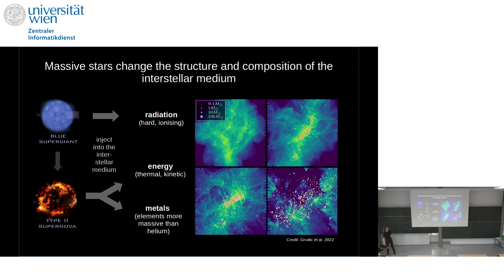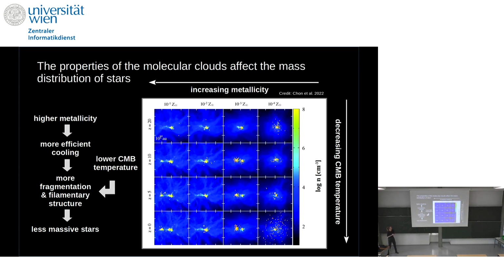So the interesting point is, if massive stars and supernovae play such a crucial role, how many of these massive stars you have, what does it depend on? Here I'm showing results from radiation hydrodynamic simulations. They looked at gas clouds of different metallicity. Metals for astronomers is everything heavier than helium, so not the normal interpretation of metals.